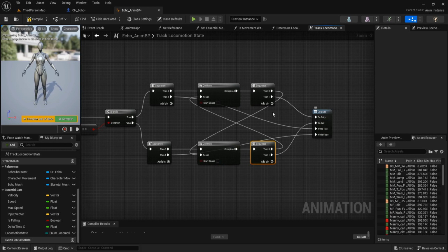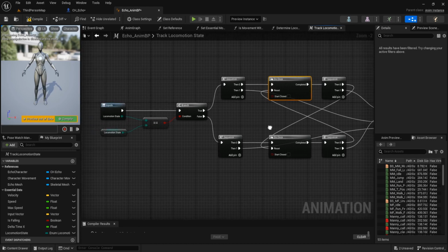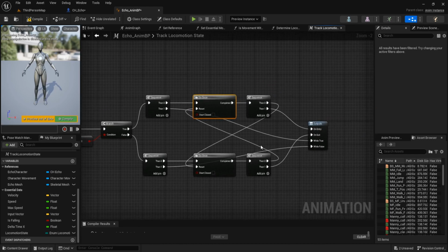This on entry happens only one time because we have this do one. And when it exits, it can enter again because we will call the reset after it is false. And this exit, we only call once, the same as the on entry.